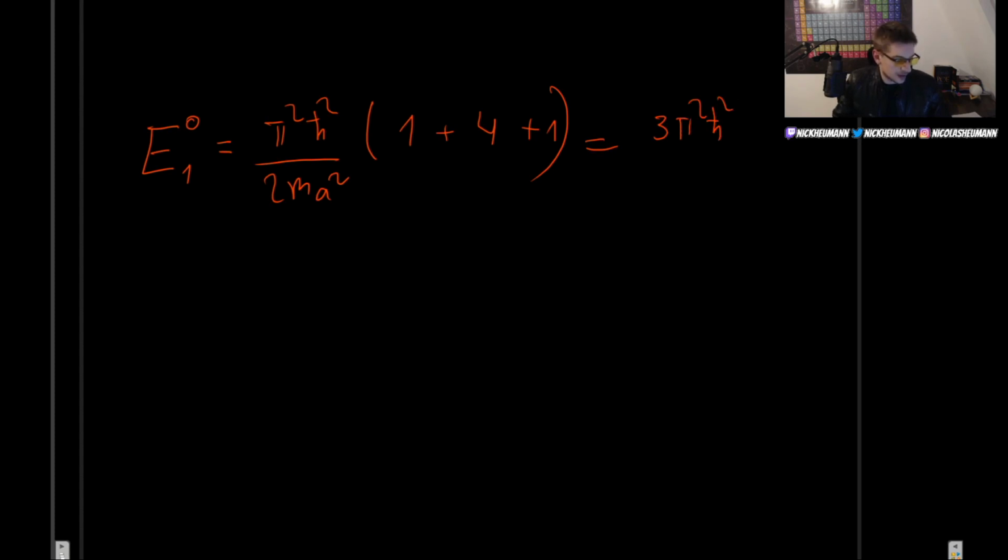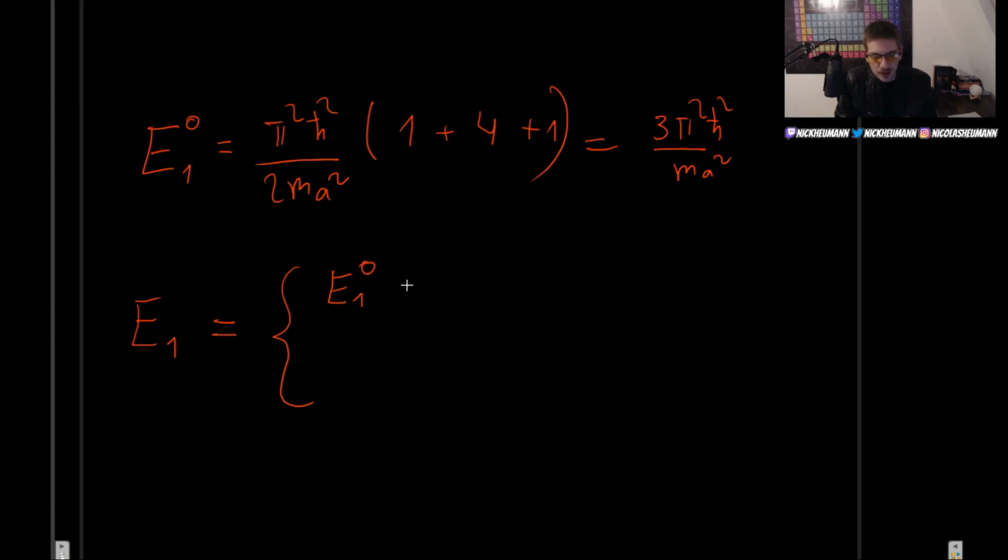Am I covering this with my camera? No. Divided by 2ma^2. Sorry, not divided by 2, we already got rid of that. Okay, so that was our unperturbed energy. But now we have that these 3 states have now split. Now the degeneracy has been broken. So that means that now our energy, including the first order correction, is going to be this value,